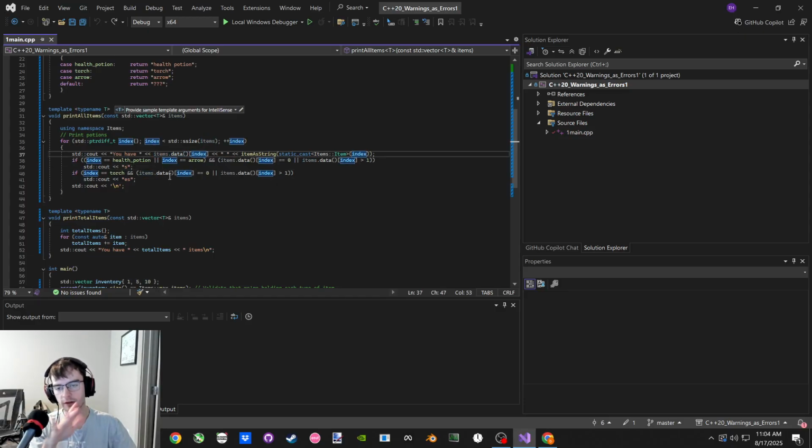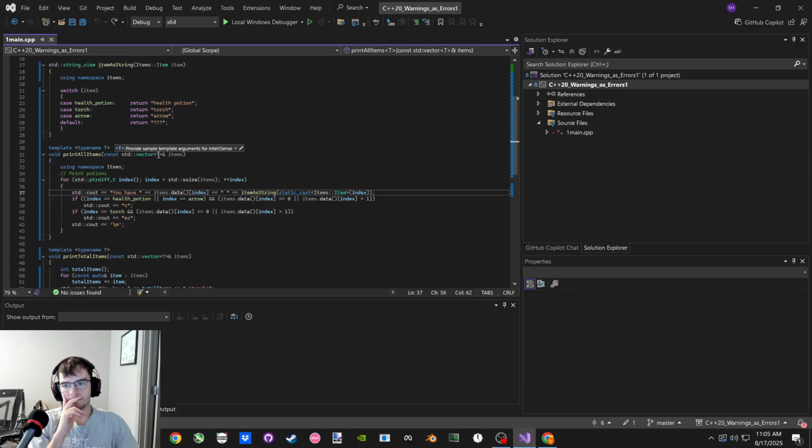getting the item, so we're getting the number of this index, and we're passing in the index here. We're getting .data to convert this into a C-style array, which we can use. We can index with a signed index value. You have some namespace of whatever the name of the actual enum is. So instead of hard coding health potion, torch, arrow, I just do